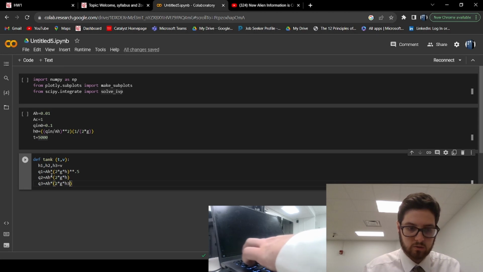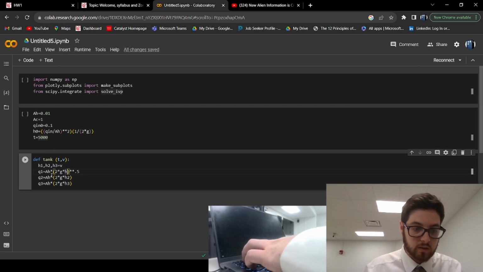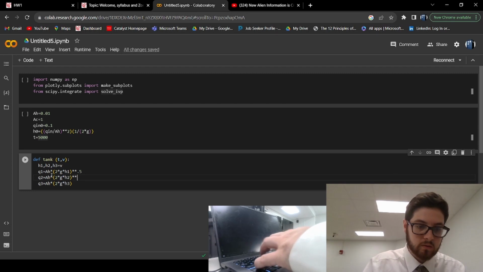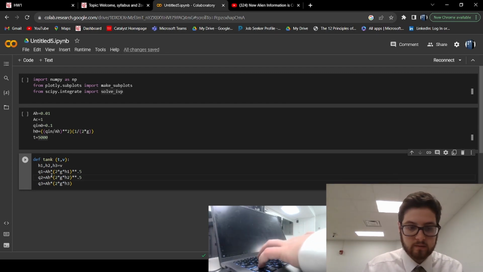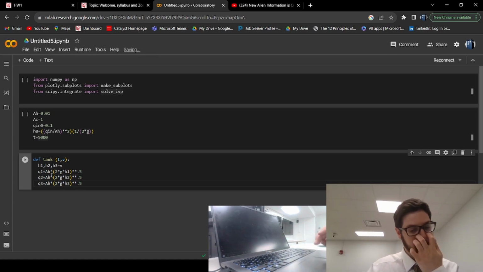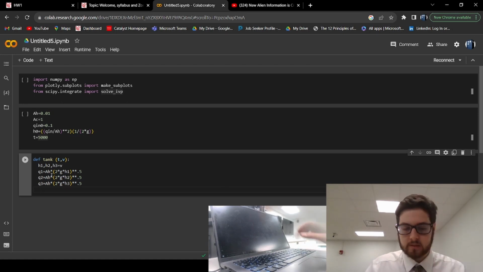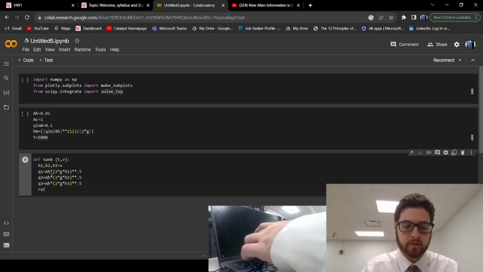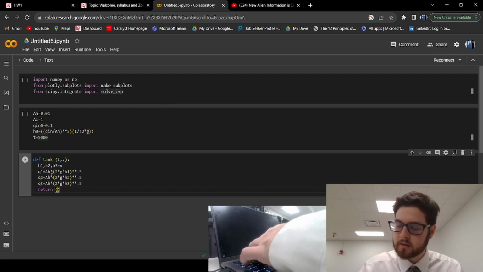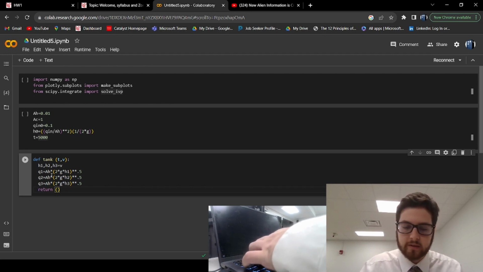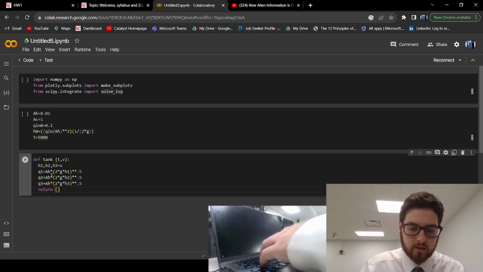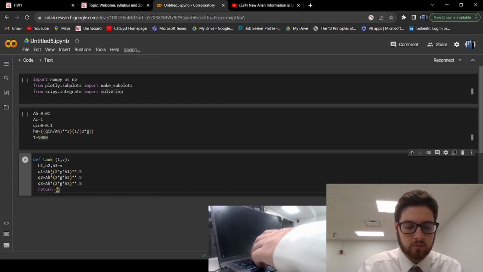And this is going to be H3, you're going to be H2, and you're going to be H1, and you're all to the 1/2 power. And then, I might be missing a step here, but we need to return each of the derivatives, which I also got written down. I don't know what the t term is at the moment, but we've got Q